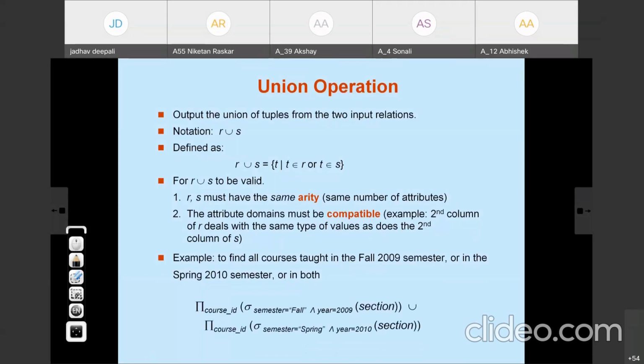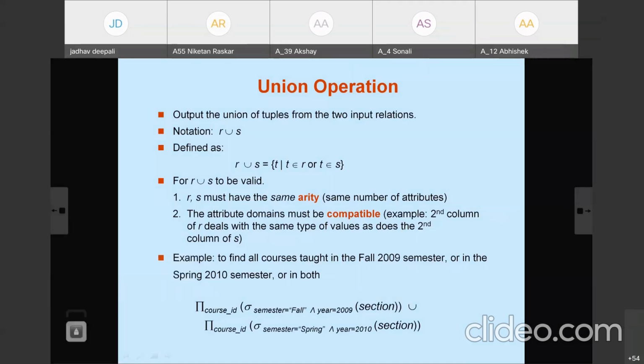So the parentheses are very important. I am writing it in different colors. This is the first parenthesis, the result of a subquery on which we apply the next one. So the parenthesis is very important here.